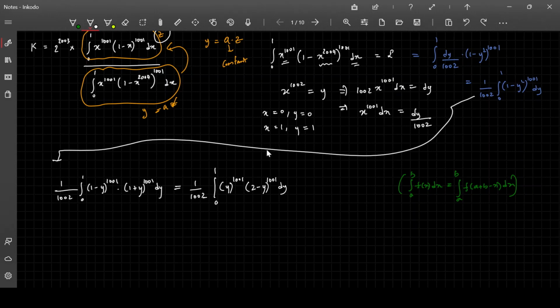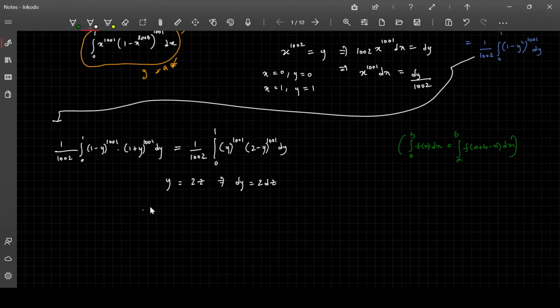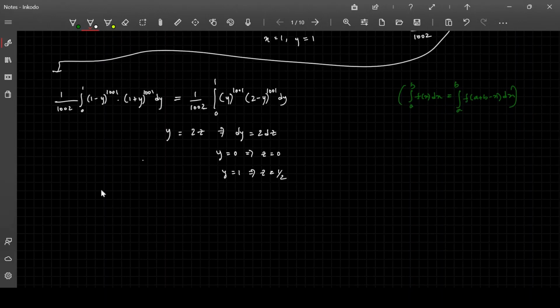Fine. So we shall substitute y equal to 2z itself. Then dy will be equal to 2 times dz. So just substitute that here, and also the limits. When y is equal to 0, z will be equal to 0, and when y is equal to 1, the z value will be equal to half. So finally this would lead to